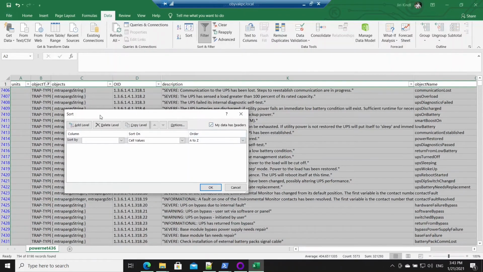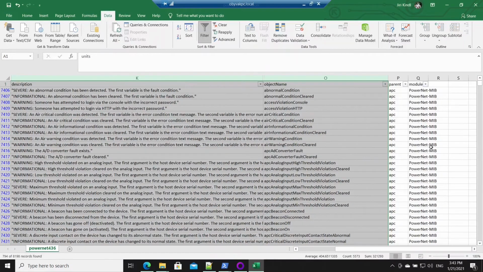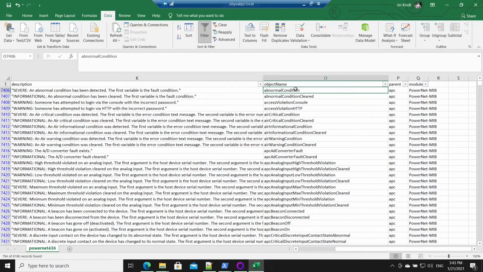We know it has a header, and we will sort it based on the object name. As we are sorting it based on the object name, we can see there is abnormal condition cleared, condition information condition cleared, error condition cleared. So there are